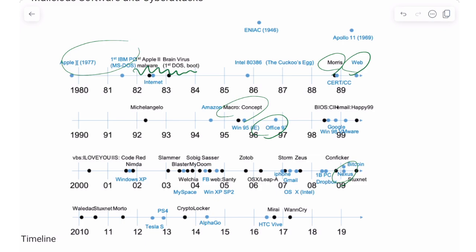Something like that. So currently what we have is IoT devices, right? We have smart homes. We have cloud computing. We have artificial intelligence services. And that is what hackers are trying to invade these days: IoT devices, AI algorithms, and the cloud. Okay, so that is just a big picture of the timeline.